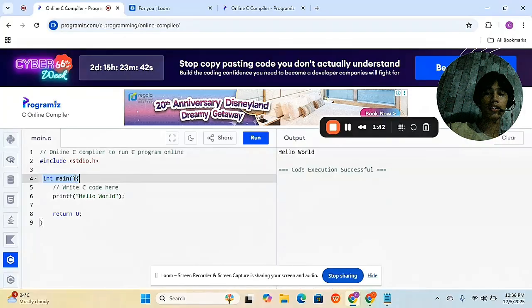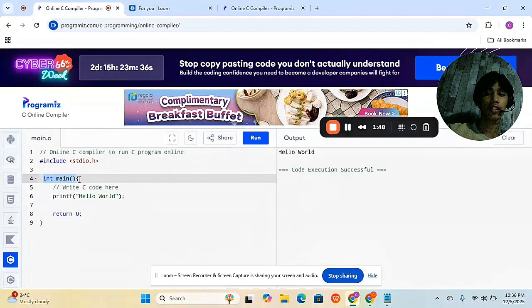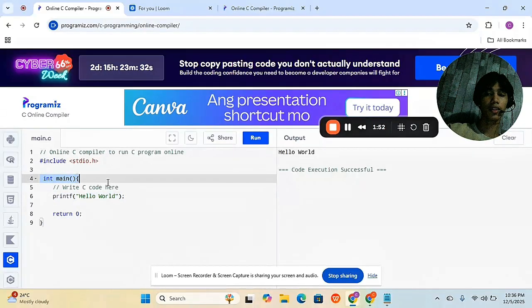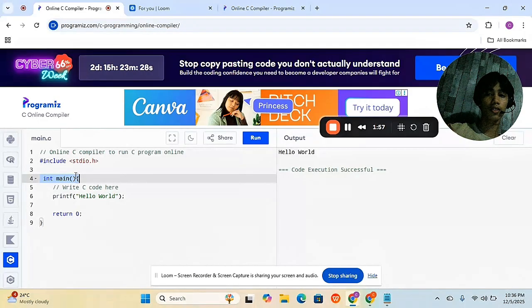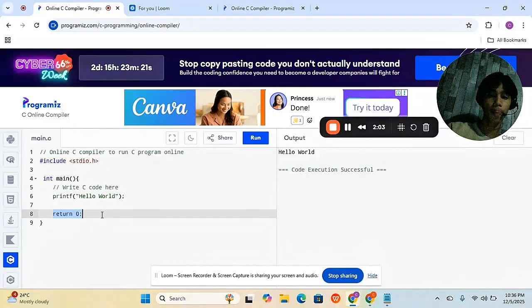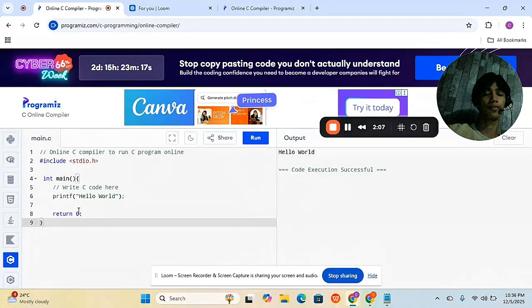You cannot use printf before int main, because the code will not run, since the starting point is always int main. Then also the return zero, which indicates successful program termination.